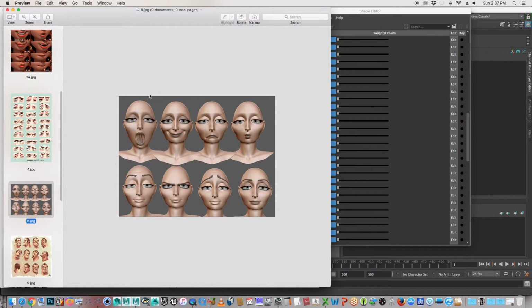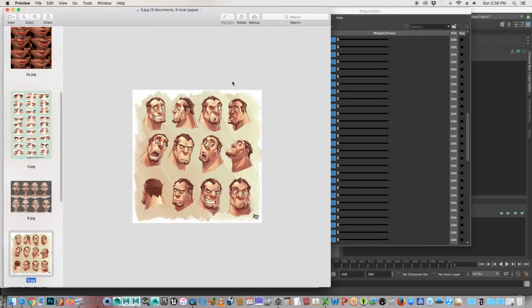Let's go on. Again, more facial blend shapes right here. You can use these sorts of things to help you create your own blend shapes if you want. Let's go on here. Look, another one. In a studio, if you're a modeler and you're creating blend shapes, you might